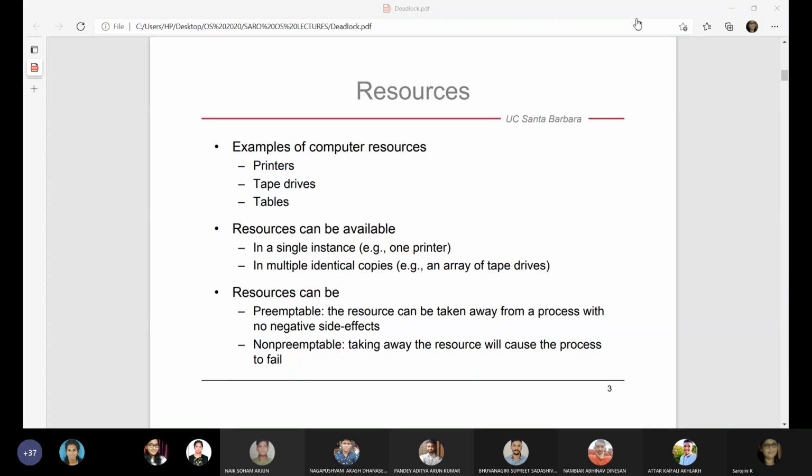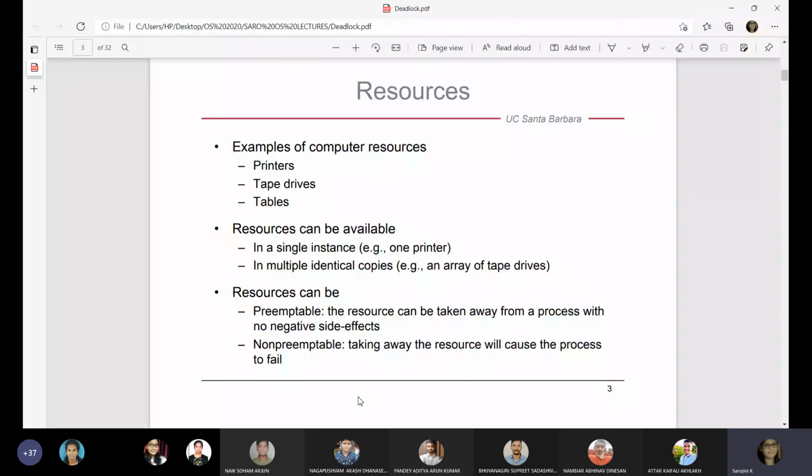So now, what is the definition of deadlock? In any multiprocessing system,